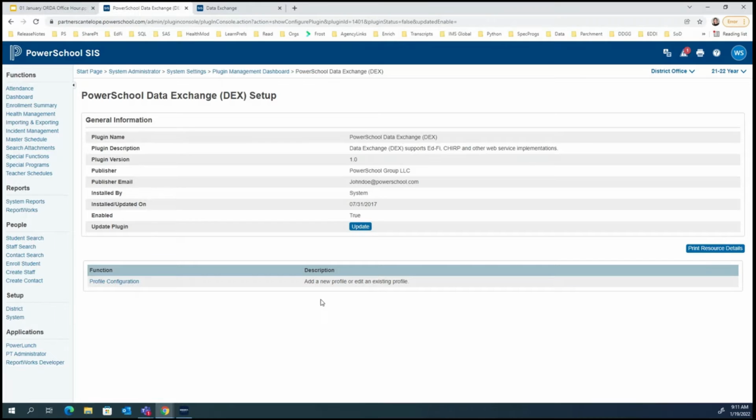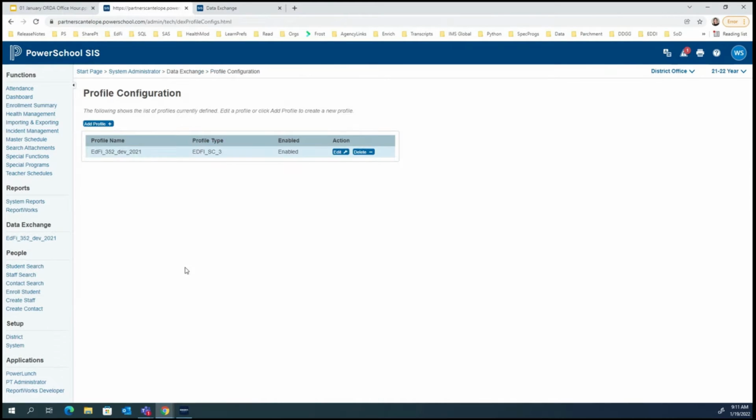We have found that it could be helpful to have previous profiles from previous years disabled, not deleted, but disabled. So we're actually going to edit one, we're going to disable one, and we're going to create a new one if we have others that have been created. And you probably do because everybody has done their Ed5 onboarding. So we're going to click Profile Configuration. Okay, great. So here I have one that's already enabled. The first thing I'm going to do is click Edit, and I'm going to click Off and save that. Okay, so that one is now disabled.